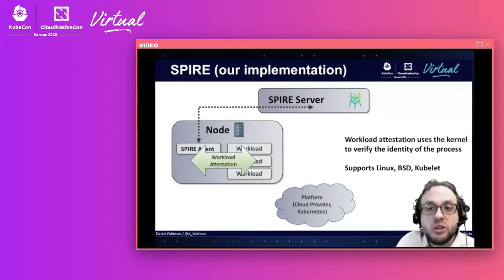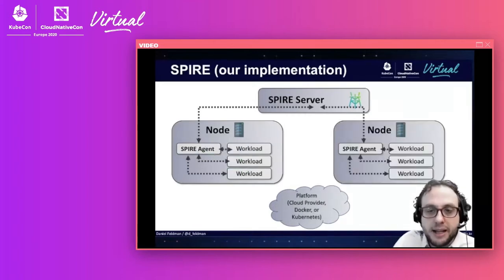Remember, the SPIRE server actually creates and signs the SVID, but the SPIRE agent is local to the workload, and that's the only place where those detailed characteristics of the workload can be checked. Once node attestation and workload attestation are done, we have a secure chain of trust going from the workload all the way back to the SPIRE server.